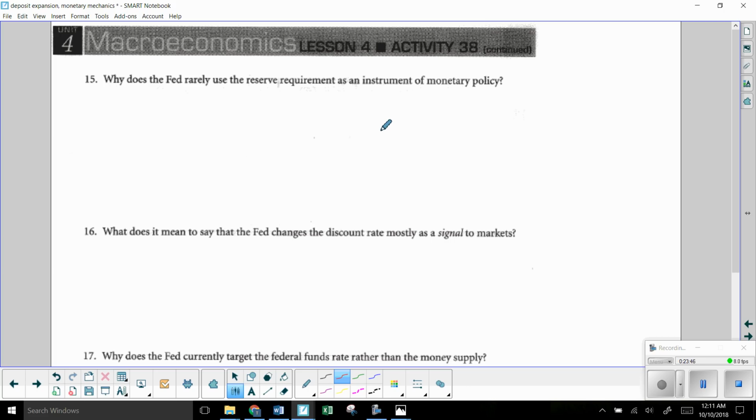And if you've seen any movie or play, Mary Poppins might come to mind, where there's a run on the banks, where people go to the banks and try to withdraw all their money, and the bank says, hey, we don't have enough. That can be very damaging to public confidence in the banking system. If the people don't use banks, then the Fed doesn't really have a tool that controls monetary policy. We could talk about the discount rate and the target for the federal funds rate as both being things that the Fed does that are